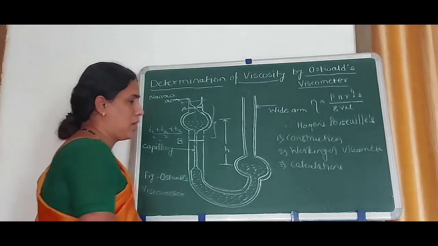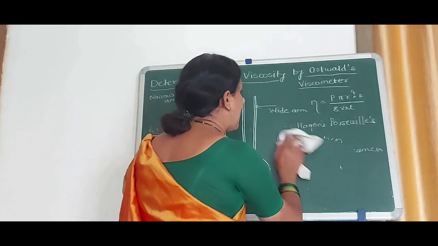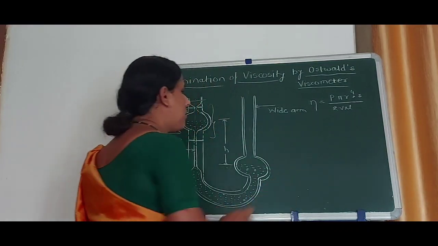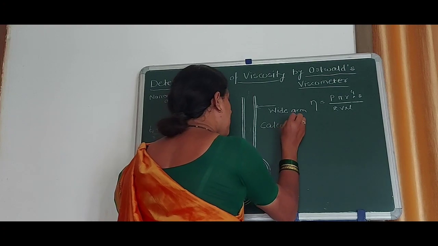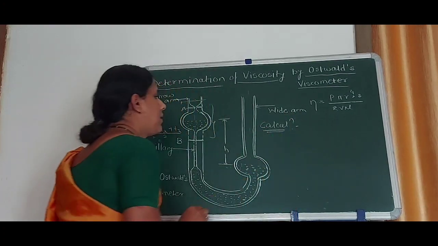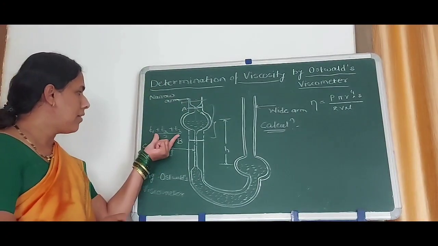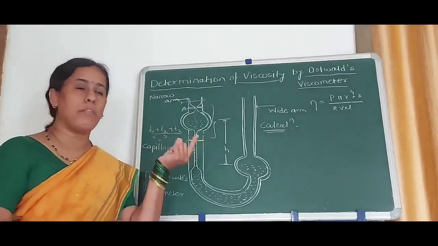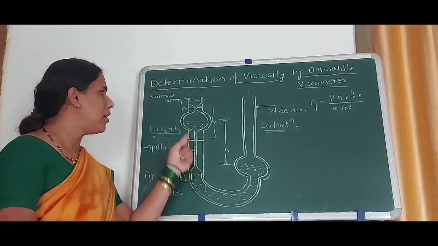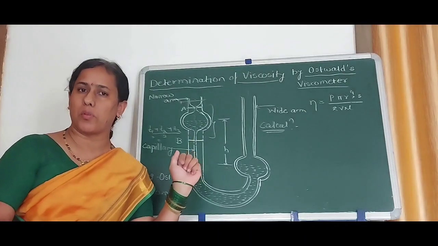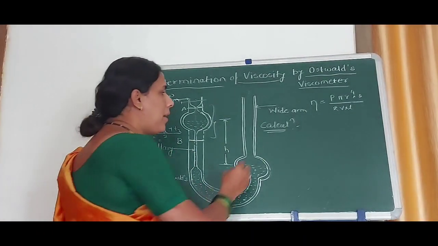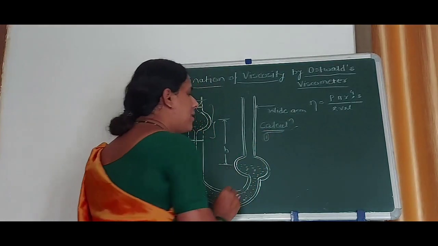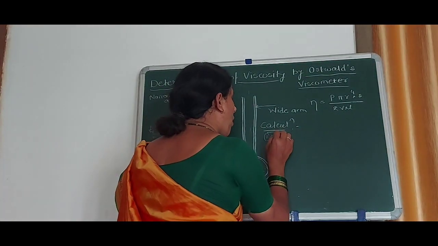Okay, now the last portion is about calculation. In the calculations, when we observe the time required for the passing of the liquid from mark A to mark B, we have to measure the times. The first calculation is the determination of